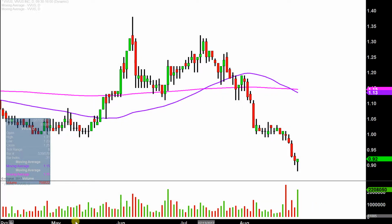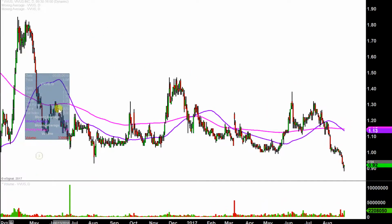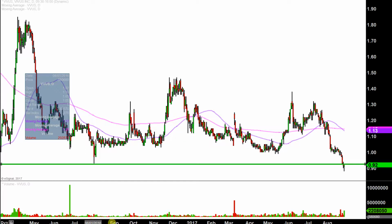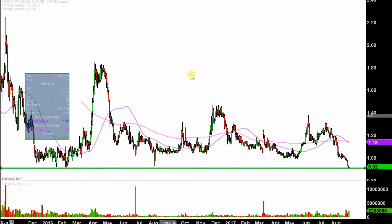And then the final portion of what's kind of interesting, and I've got to scrunch up the chart here in order to illustrate this, is where all this is happening in terms of the levels of support. And you can see, let me scrunch this up a little bit more, the general vicinity of where this is happening. Look back through the history of the chart, and I mean we're going back years, prices around there bounced, and again today, right around that area, it did indeed bounce. So that's why I'm saying I would not be shocked to see a bounce,